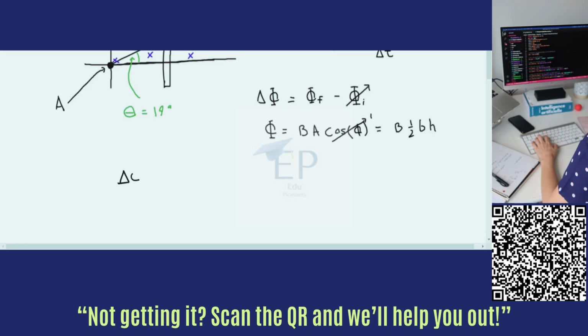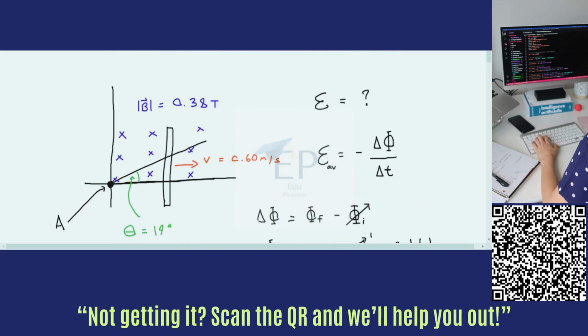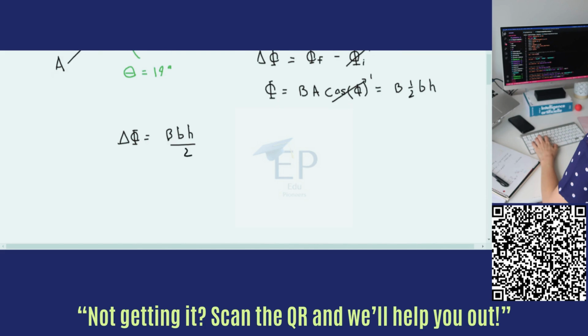So our change in flux is just going to be B times little b times h over 2, where these are the base and height of our triangle at 6 seconds. Okay, so let's figure out what those are so that we can plug this back into our equation here for the induced EMF. So if we draw our triangle,